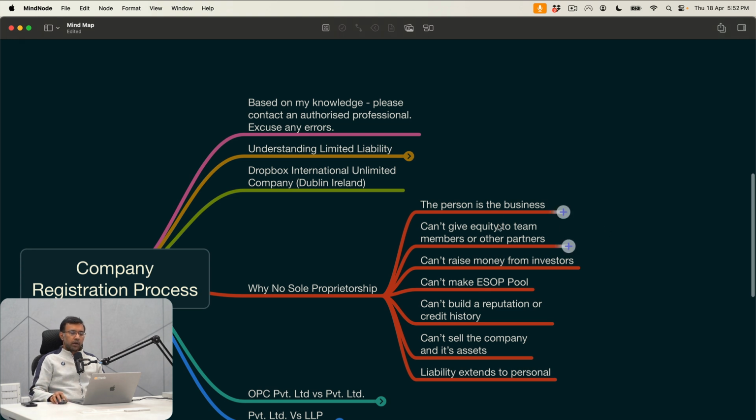But here, there is no limited liability. So let's say you take a 50 lakh loan for a business and you cannot repay it and the business shuts down. You have to let the people who want money from you also touch your personal assets. Like if they go to the court and say that, hey, this guy owes me 50 lakhs, and if you have a flat or an apartment worth 50 lakhs, then they can go ahead and acquire it. The court can attach it.